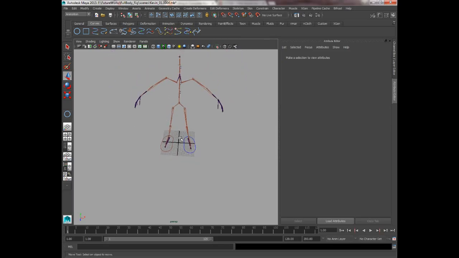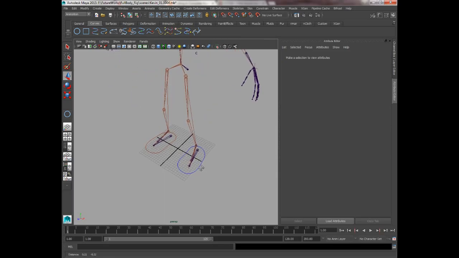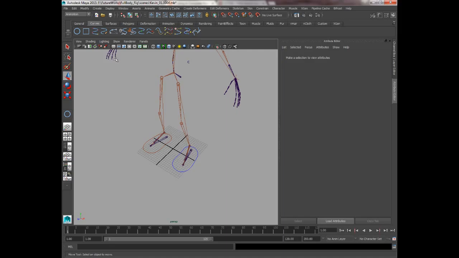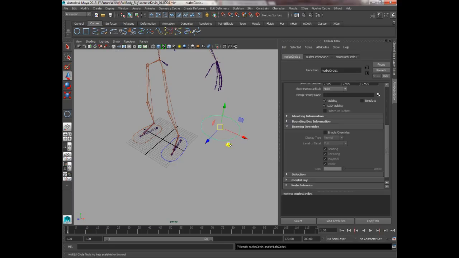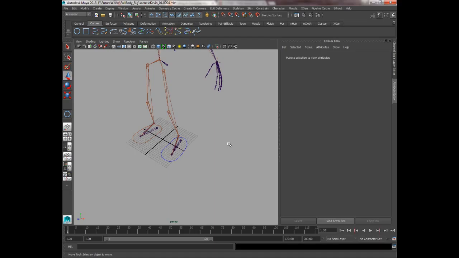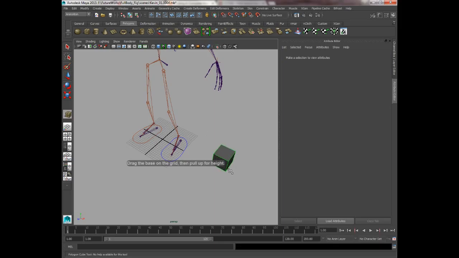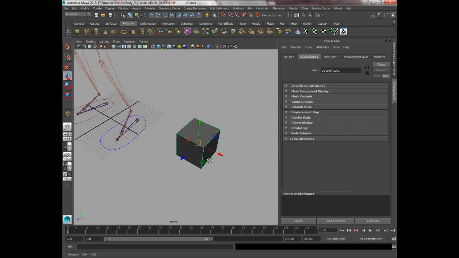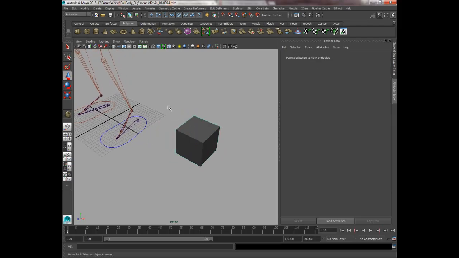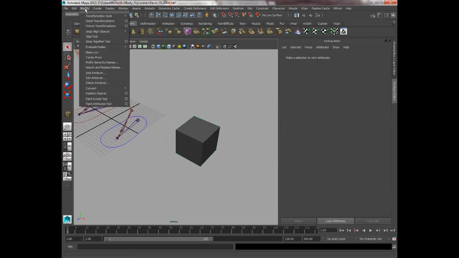So we can then take that through to all the rest of the controls throughout the scene. The next one we'll do is the pole vector for the knee, and now we can either make a shape that's a circle and be a bit boring like that, but we can also make a bit of a fancy control. I say fancy, it's still very simple. We did make this in class, so what I want you to do is make a cube, shift drag to make a perfect cube, and then I want you to go to